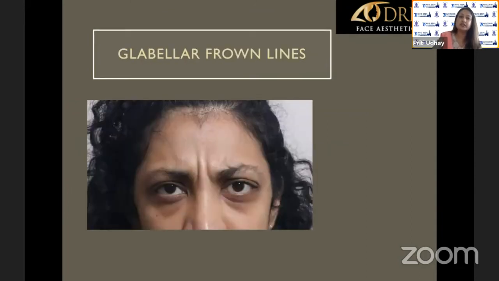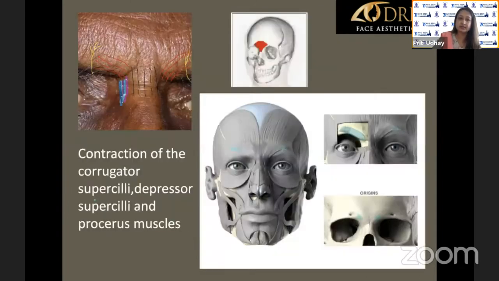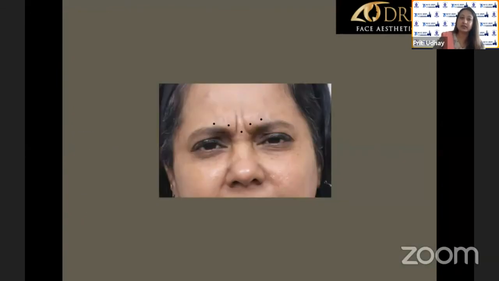The commonest indication is the glabellar frown line like this, and the muscles responsible are the procerus, corrugator, and the depressor supercilii, and the middle part of the orbicularis. Now, as already Shilpa has told us, the corrugator head is deep. The procerus is a deep muscle, so inject deeply. Because if you go superficial, the frontalis is lying over it, and if you knock off the frontalis, that is the only elevator of the brow, and you will cause a brow droop. So these are the common points that you give.